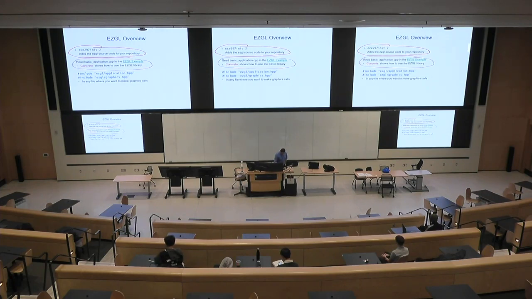We give you an example of how to use it. So if you go into the ece2 Quick Start Guide, it has this basic application program that basically is the best documentation that we have. Right? We have other documentation, but reading this program, seeing how it works, is probably the fastest way to see how do I use this graphics library, because you can see what is it doing, how does it do it. In any file where you want to make graphics calls, you include these two header files. ece2 application.hpp is basically about getting the window set up and creating things like buttons, and graphics.hpp is about being able to visualize, draw lines,